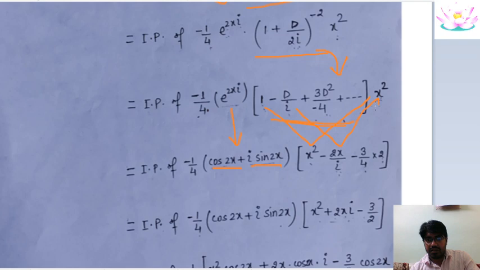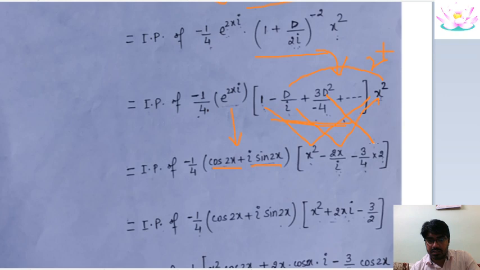And the second differentiation of x square, like see here, is simply 2. Yes. Okay, in the next step, after simplifying the imaginary part of this term and this term,